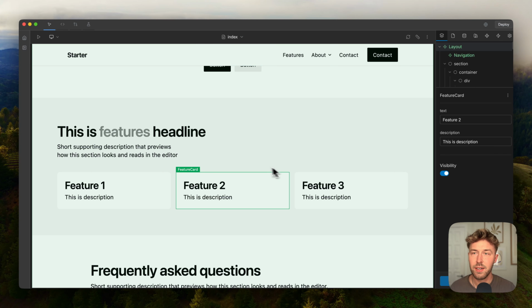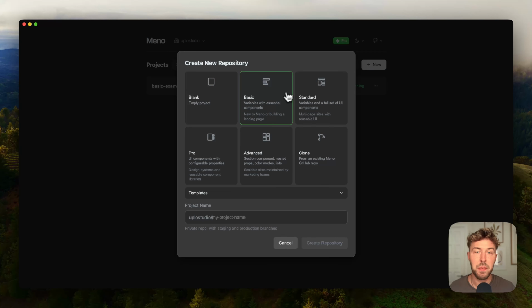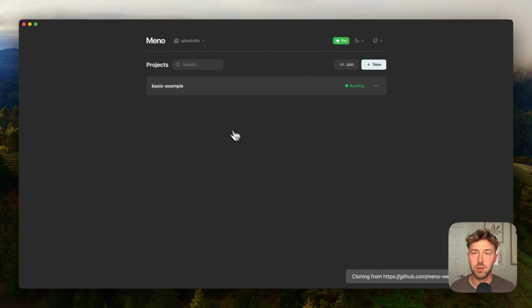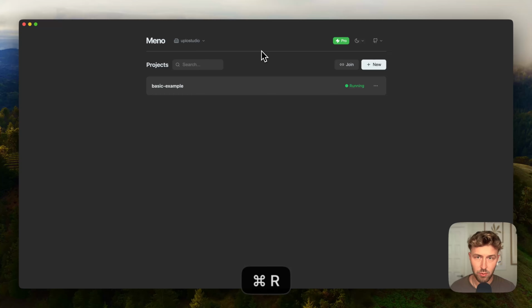And that's why the next level would be using standard starter. So, standard. Okay, let's use standard. It's cloning right now from the GitHub. And when it's ready,